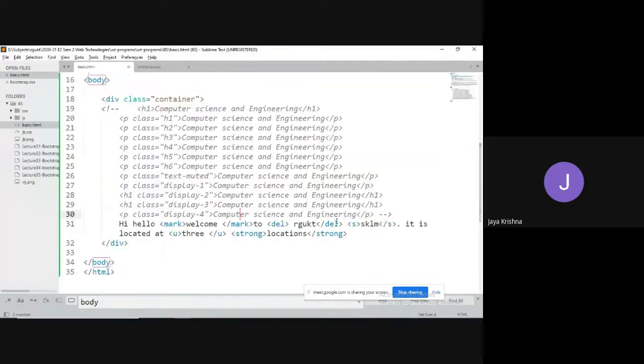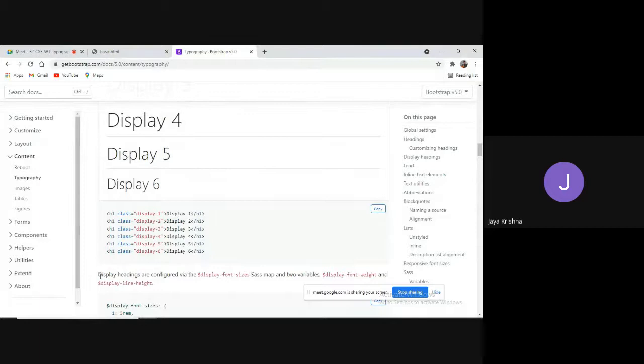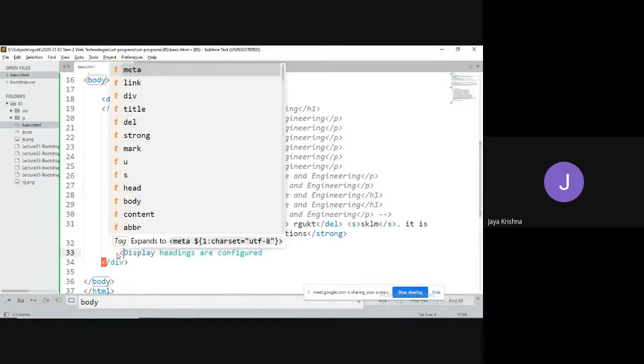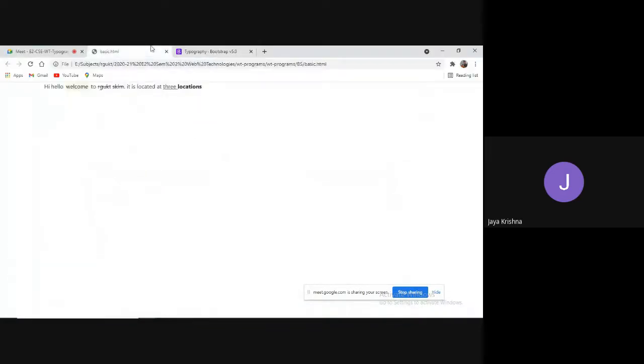For example, I would like to have a kind of paragraph. I will copy some text from here. Here is some kind of paragraph. I would like to make this paragraph underlined. For example, instead of displaying a heading, I will make it a paragraph tag. So if you observe the output, display headings are configured.